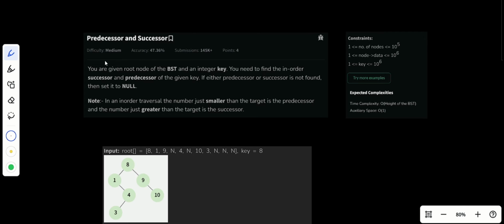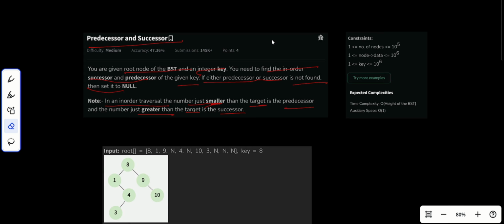So today's problem of the day in the GFG is Predecessor and Successor. You are given a root node of a BST and an integer key. You need to find the in-order successor and predecessor of the given key. If either predecessor or successor is not found, then set it to null. In an in-order traversal, the number just smaller than the target is the predecessor, okay? And the number just greater than the target is the successor. I'll explain this when we come to